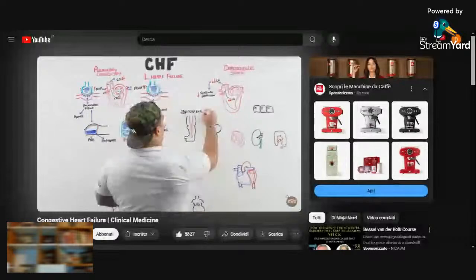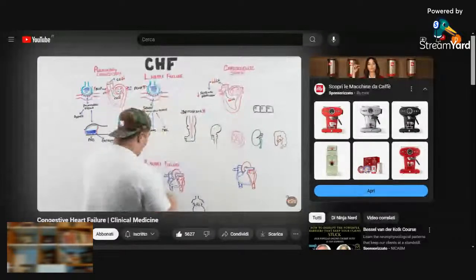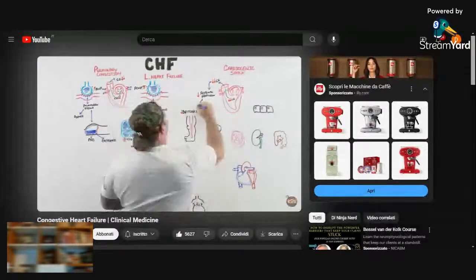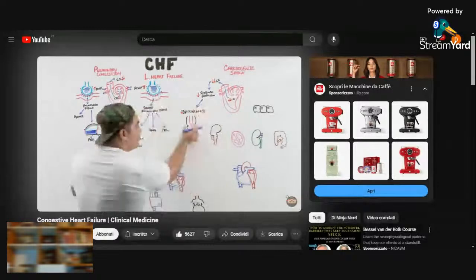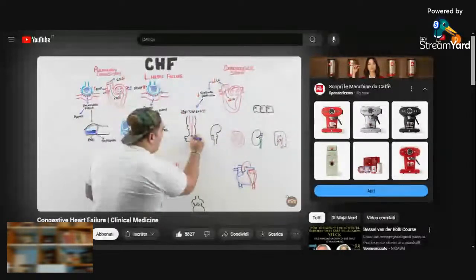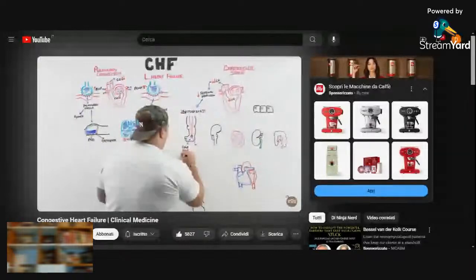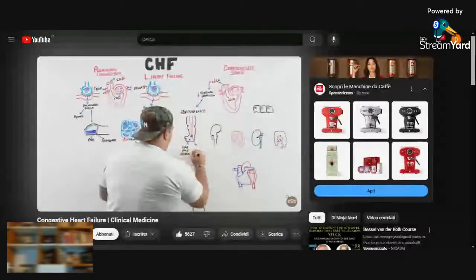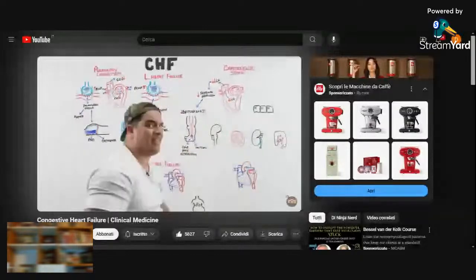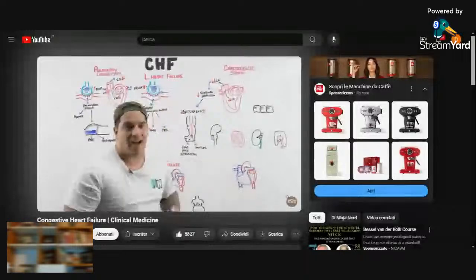And when SVR goes up, it clamps down on your vessels, squeezes them. And now you have very little blood flow going to your extremities. You know what this is going to do? This is going to cause these patients to have very cold or pale extremities. Another really terrifying sign here is mottling. It's where they have this weird kind of discoloration, usually at the knees. It's a very poor sign of perfusion, and this is usually because you're clamping down on those vessels to compensate.